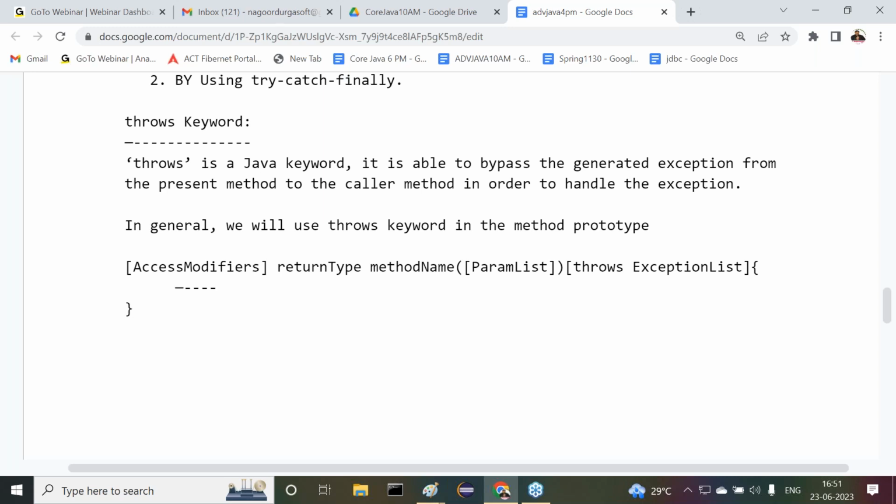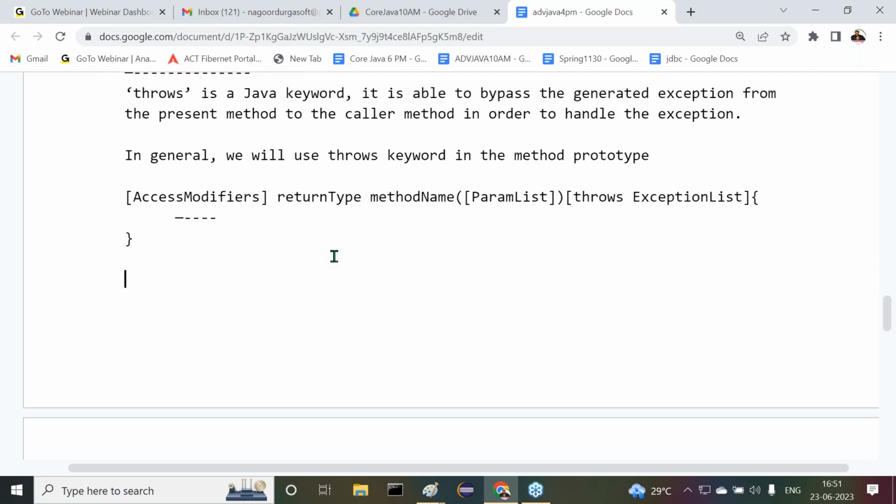Have you remembered the method syntax? Access modifiers, return type, method name, parameter list, throws, exception list, and then some instructions. So this is about the method syntax and the location of the throws keyword.